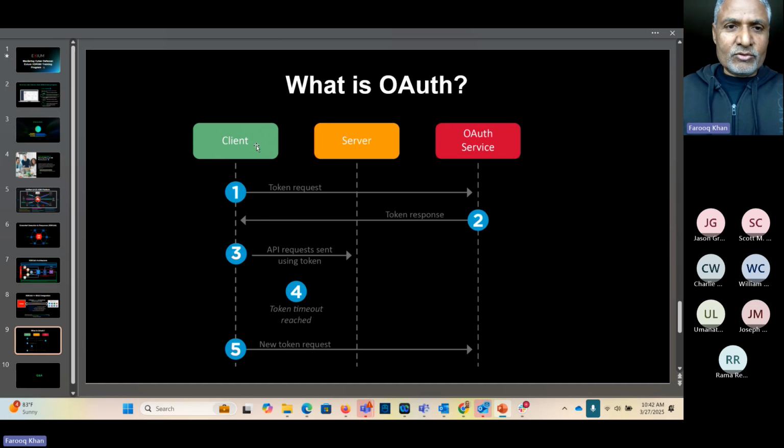But today, we are going to create a client which is not going to be a user. So this will be on the Axiom side. And server in this case will be Microsoft 365 Cloud, right? I want to pull those logs and events from there, right? But I need certain permissions. Like I need, how do I tell Microsoft 365, give me access to these logs and everything? Like that's where